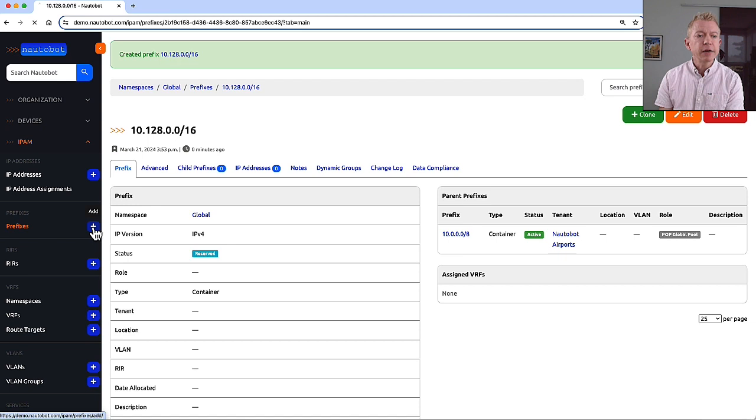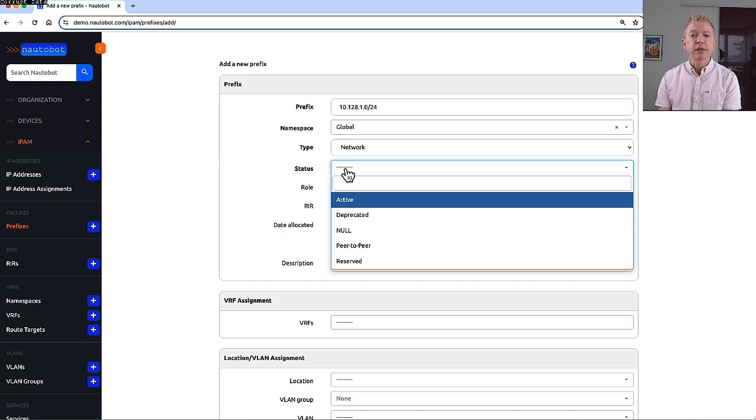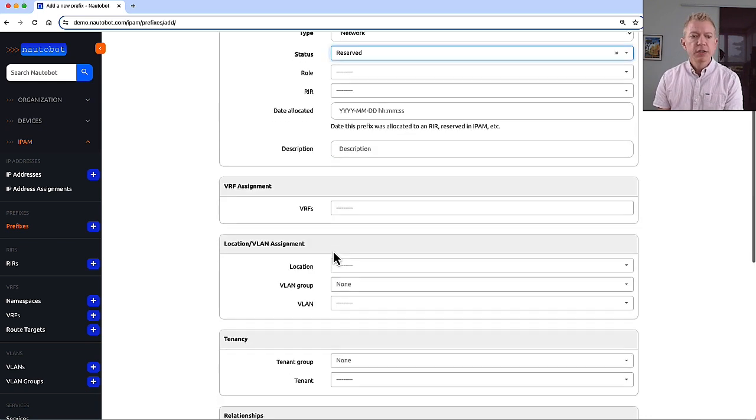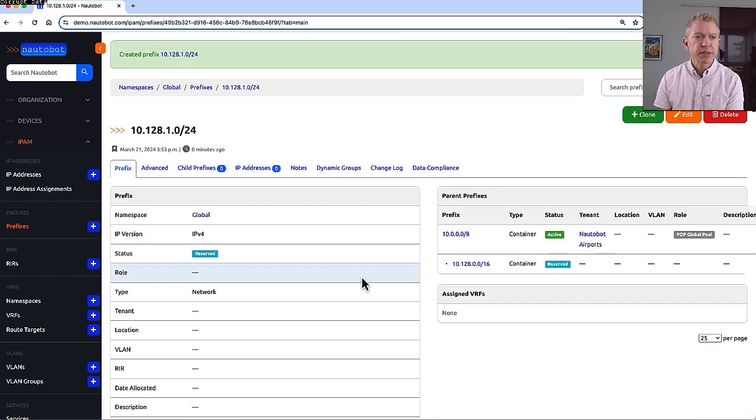So we're going to add another prefix. And in this case, we're going to say it's 10.128.1.0, and it's going to be a /24 coming out of that larger /16. It's going to be in the global namespace, of course. The type is going to be network, and we're going to set this to reserved as well as we're planning for the future. So now when we create this network or this prefix, it is going to become a child